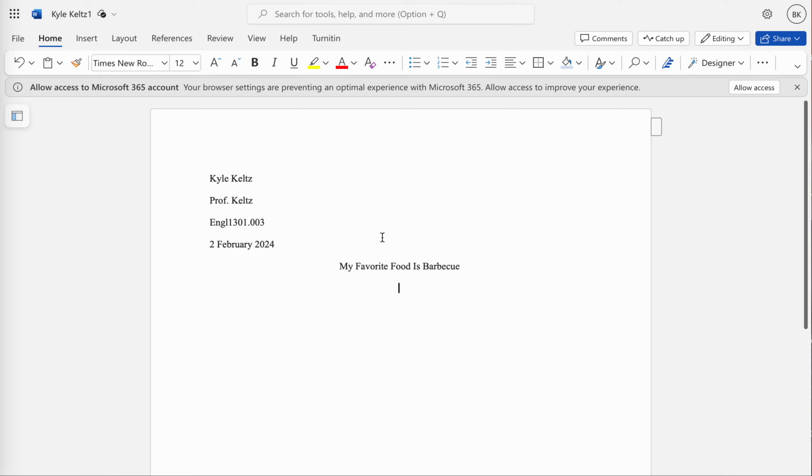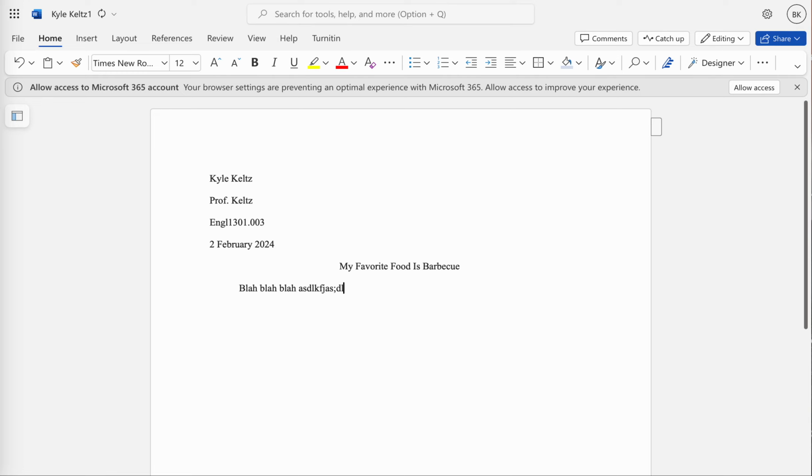So in 365, in Microsoft Word, the offline version, you can just hit backspace, but I don't think you can do that on the online version. So you have to go back to alignment and hit align left. Okay. Now, before you start typing, you want to hit the tab key to indent the first line of each paragraph,